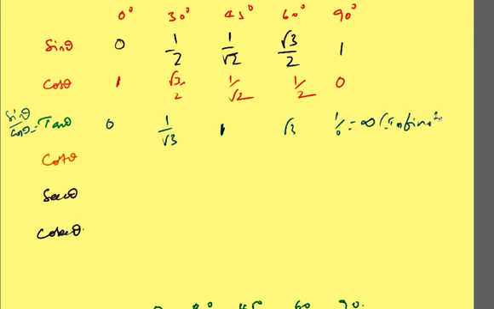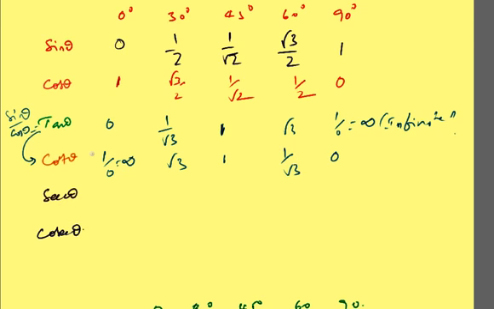Infinite, so you can't divide the value. In the same way, cot will become, friends, cot is nothing but the reverse of tan. Tan 0 is 0, so cot 0 will become 1 by 0, which is nothing but infinite, and cot 30 will become root 3, the reciprocal of tan. Tan and cot are reciprocals, so reverse it completely: this will become root 1 by 3, and this will become 0, friends.